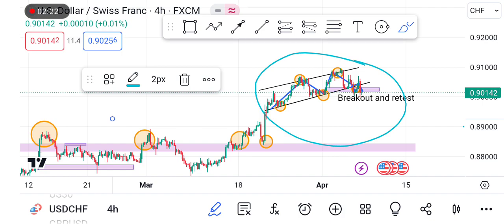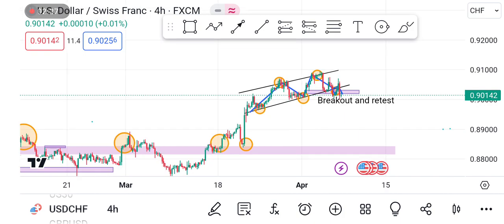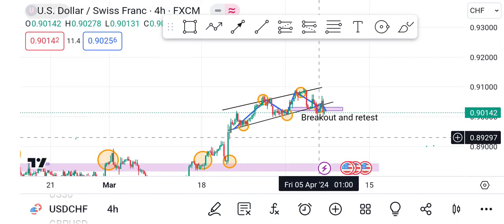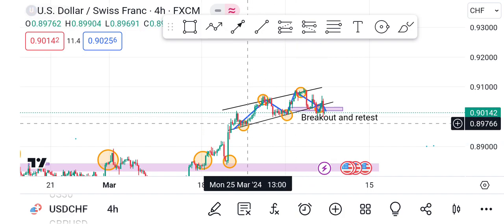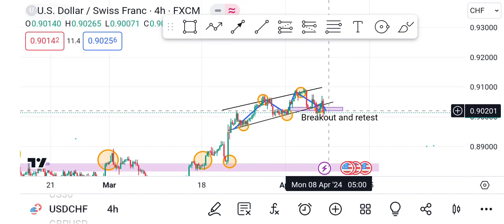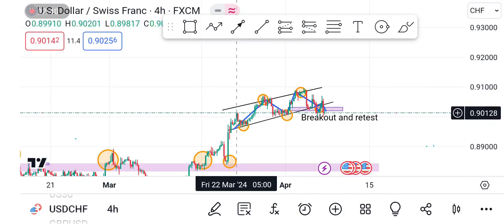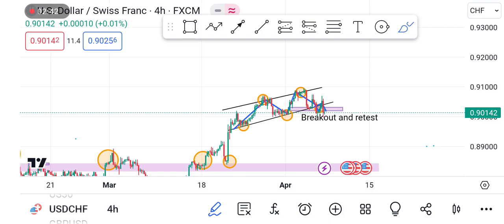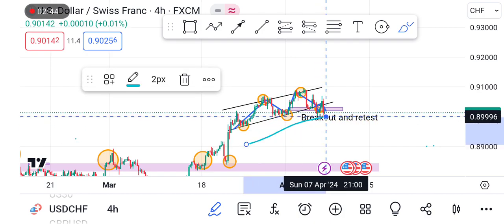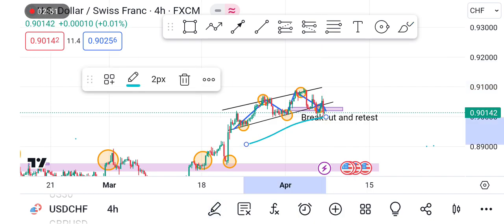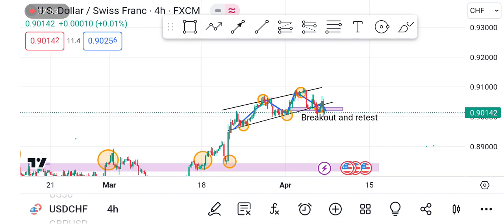So now the bullish flag pattern is where we have the support, this line at the bottom, and the level of resistance, here at the top. So we have the level of support and the level of resistance. With the level of support and resistance, we've come to find out price